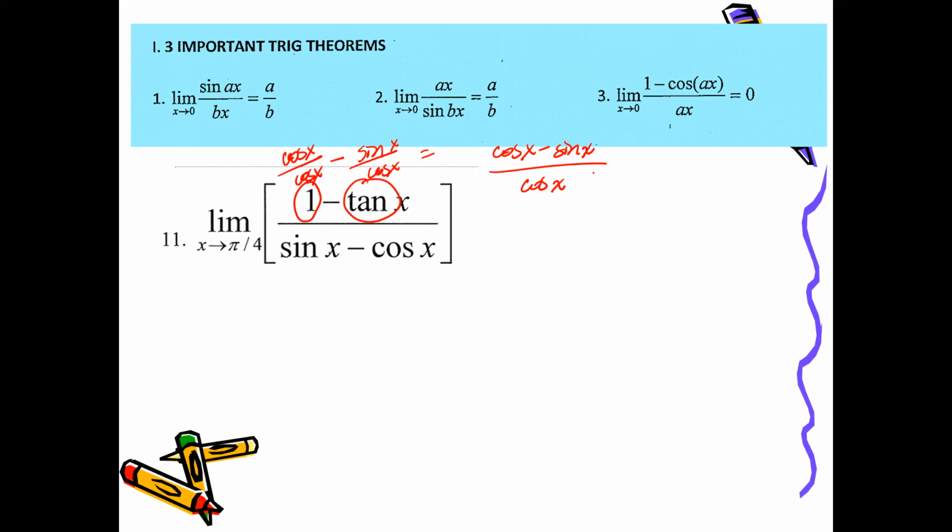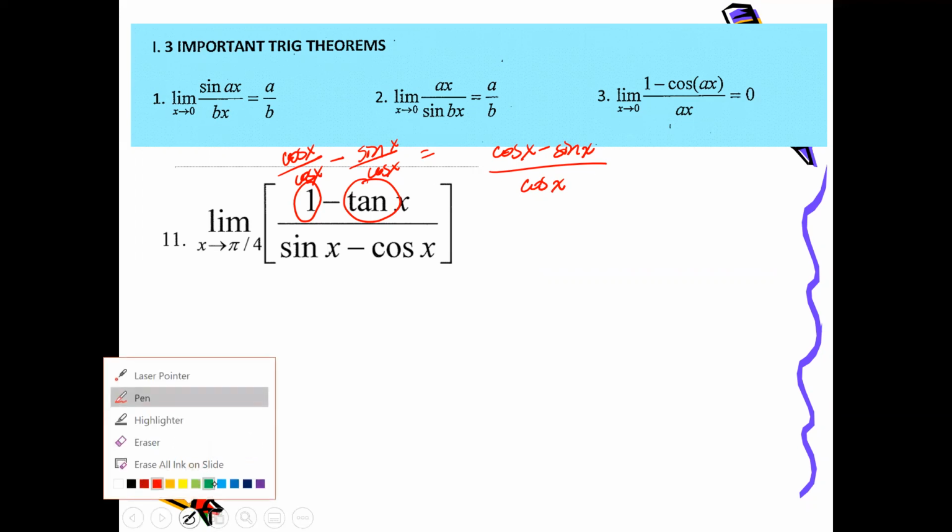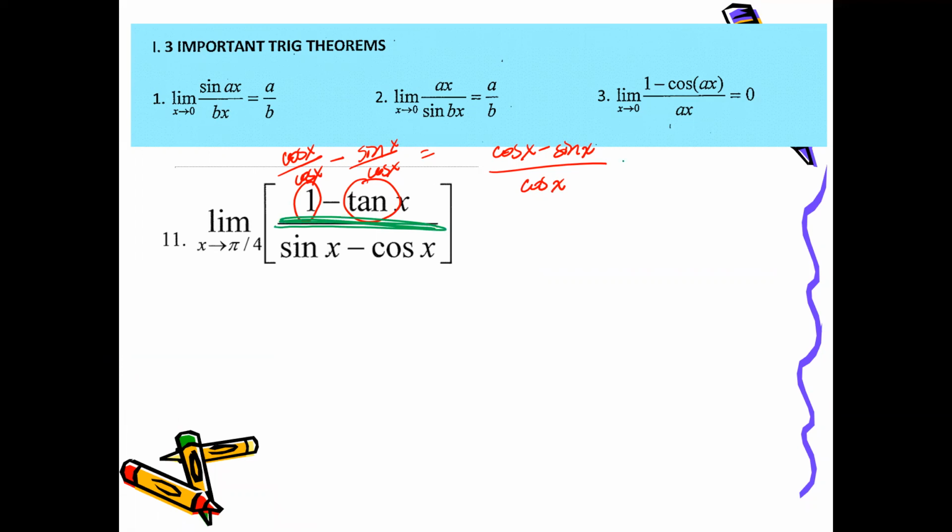Now, I could say this fraction is then going to be divided by the denominator, but I don't want a fraction on top of a fraction, so I'm going to multiply by the reciprocal, change it into a multiplication, like that. Immediately what I notice is that the numerator of the first fraction is very similar to the denominator of the second fraction, and if I just factor out the negative 1, then I will be able to have a sine x minus cosine x, which is great because then I can cancel this,